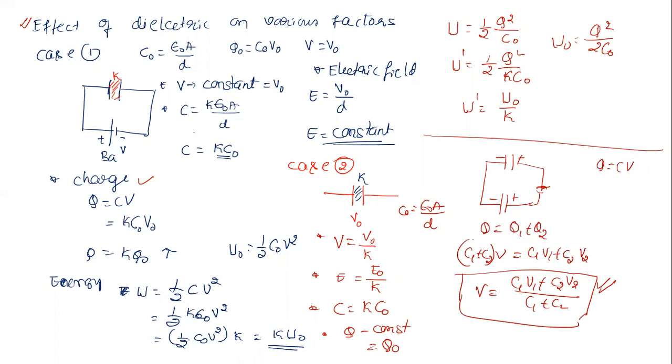There are many questions from this formula. That is the effect when the two capacitors are connected: there is a redistribution of energy and the potential becomes common. That's one thing. Next, I want to discuss one more thing to end the session. That is the last application related to this.